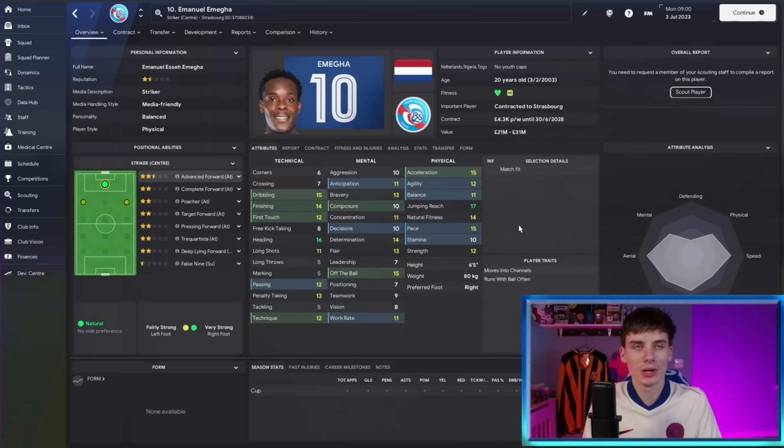But the final player, and my favourite I think in this video, is Emmanuel Omega. Bundesliga. He is someone that always does well for me. A Dutch striker at Strasbourg, 20 years of age, 6'5", great jumping reach, but he's also quick and strong. Very much in like an Alexander Isak kind of build, the way that he plays, just because he is a